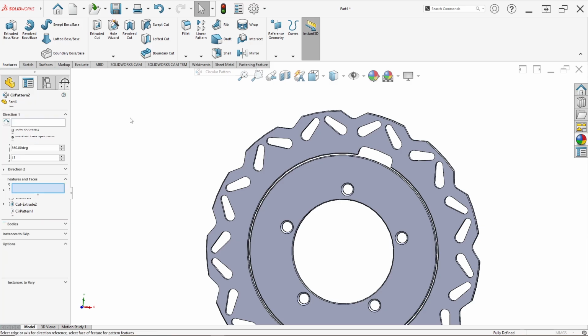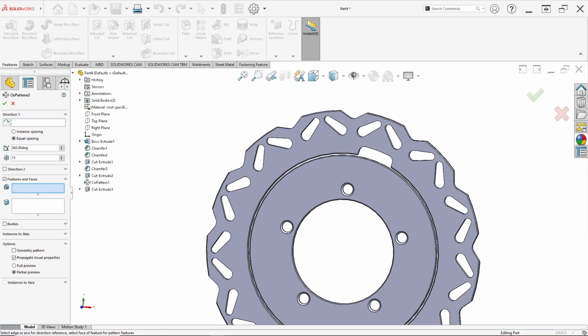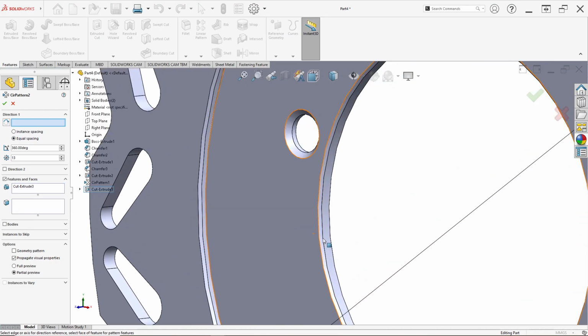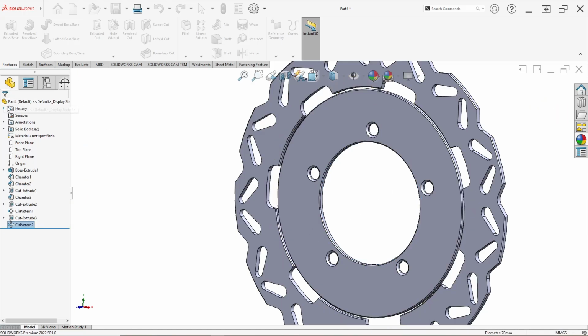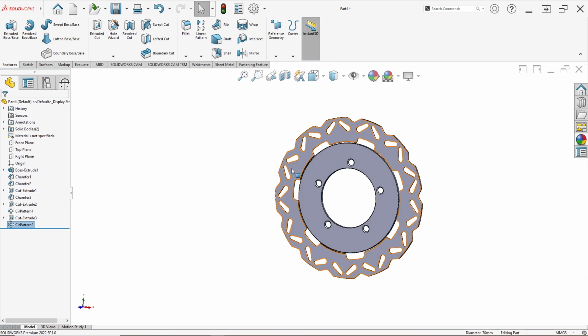Select again circle pattern. For feature and face, click this cut extrude 3 and direction, click this face. But in here number instance I set in 7. Just click OK like this. It's simple.